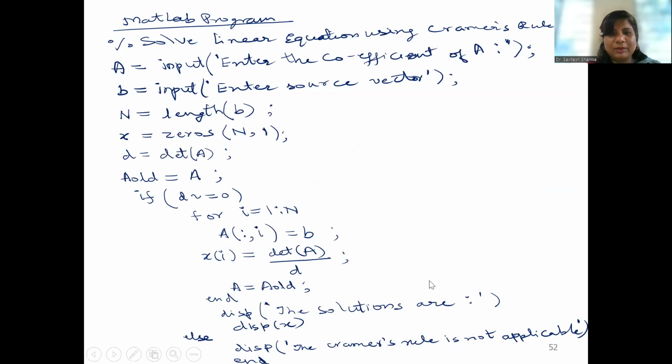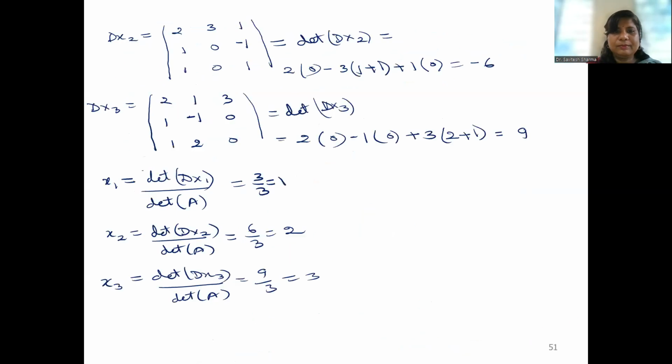The calculated values you see here. It is okay. I missed this minus here. So it is minus 6. So this is a manual mistake. It is minus 6 by 3. That means it is minus 2. So you see the correct answer is coming